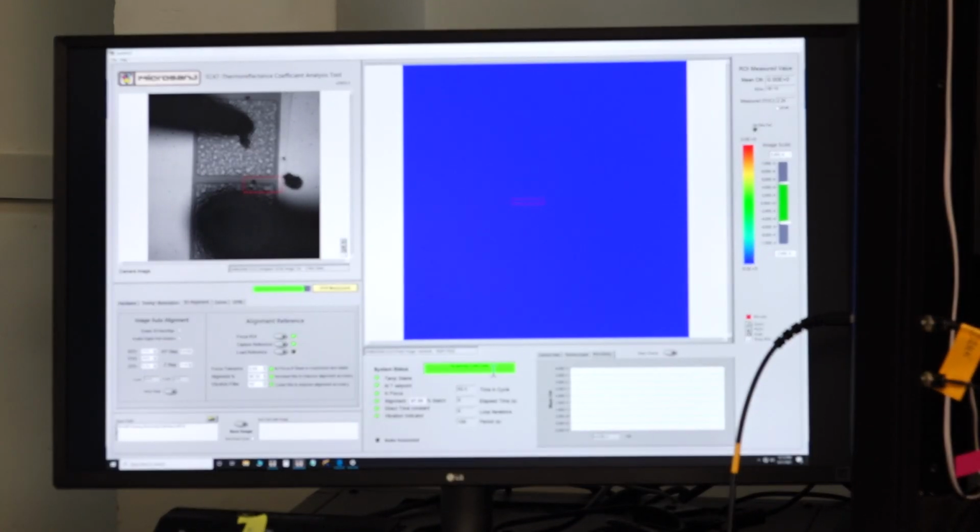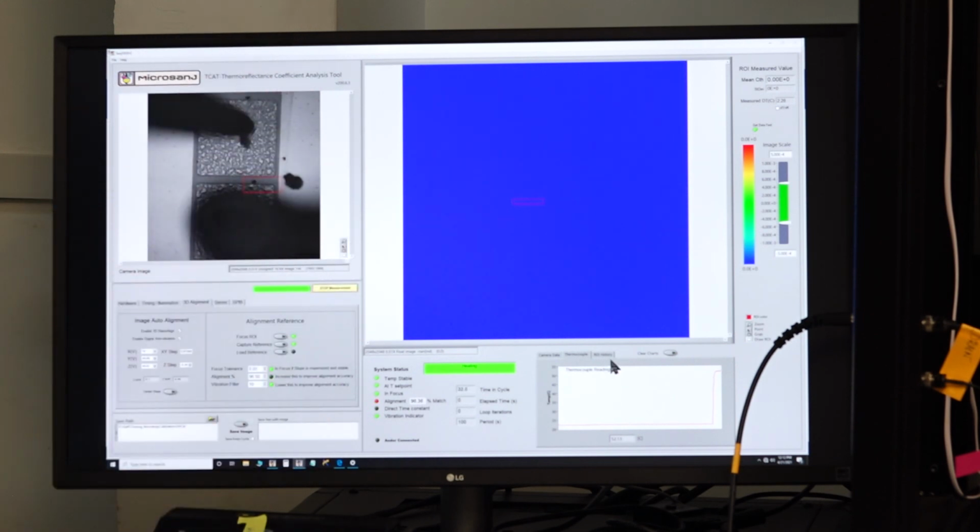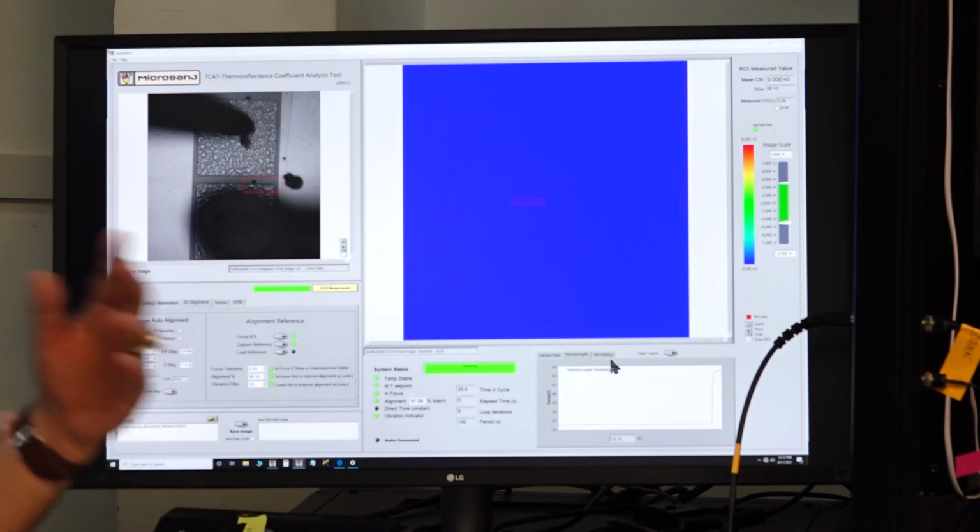Once this is done, the device will be heated up. As you can see here on the right hand side bar, the thermocouple is showing some value. It is showing the temperature of the surface as the heater is turned on. This heating will continue for around 55 seconds, after which the hot image will be captured by the CCD. And this cycle has to be repeated over and over again, until the C value, which I'll show in the next bar, stabilizes. So we have to wait for the C value to stabilize in subsequent cycles.